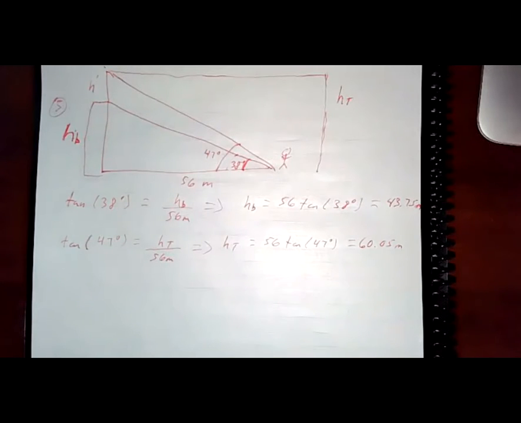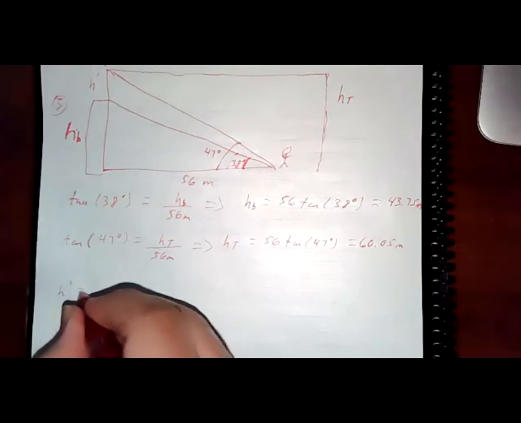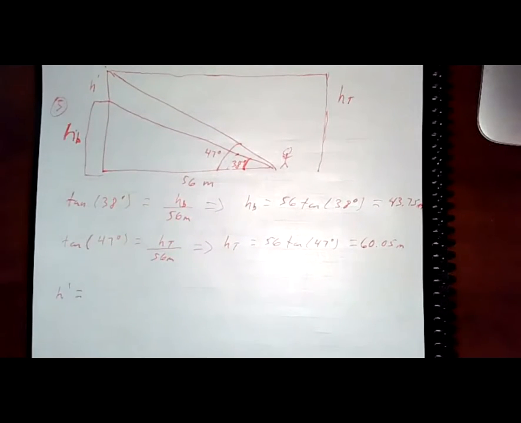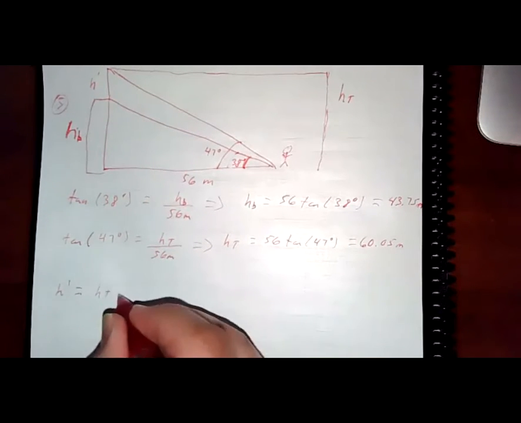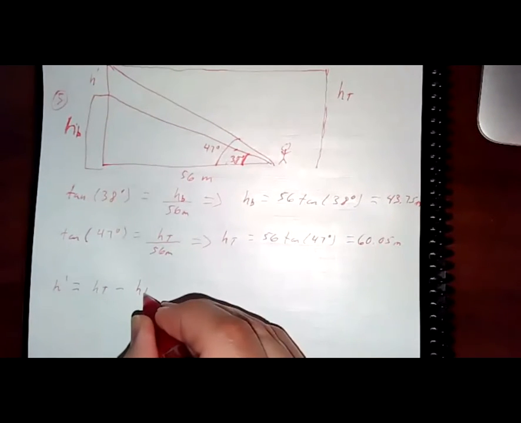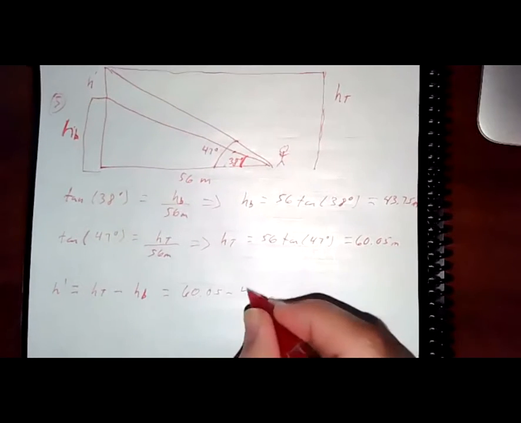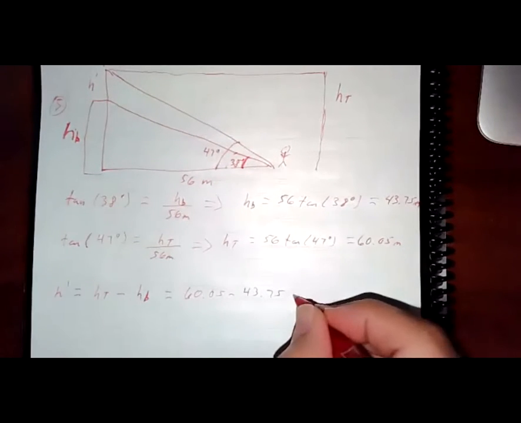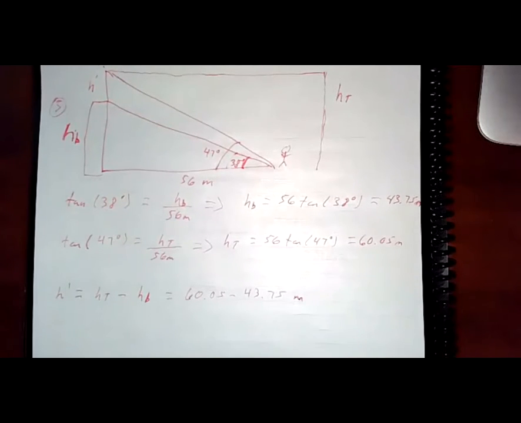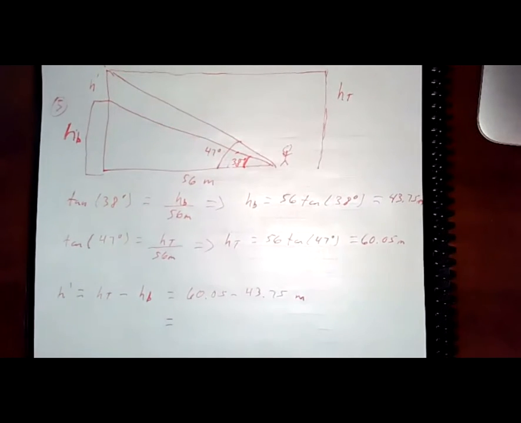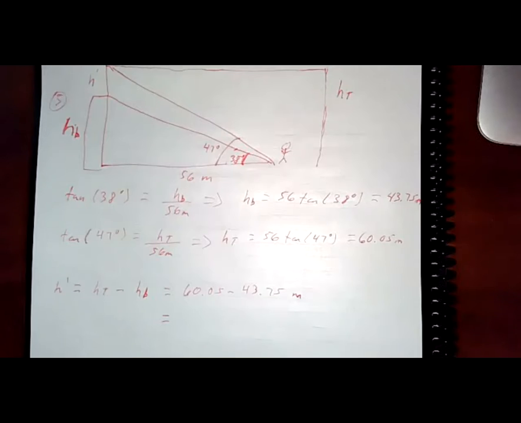Okay, so if I want the tower, now that we have all the information, what would you do? What is H prime? Subtract. Yeah, just subtract them, right? So subtract the total minus the height of the building, which would be 60.05 minus 43.75 meters. What is that going to be? 16.31. Yeah,